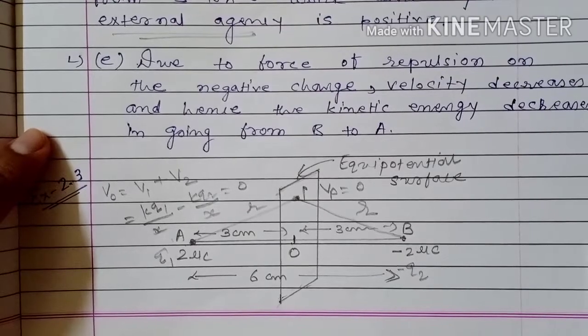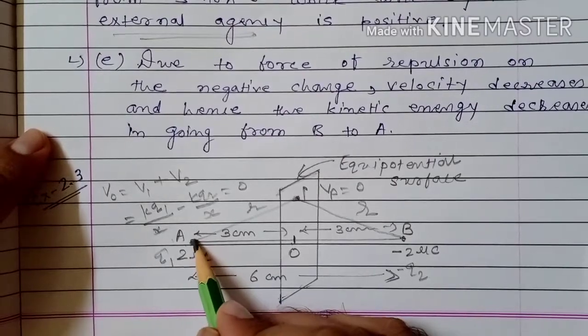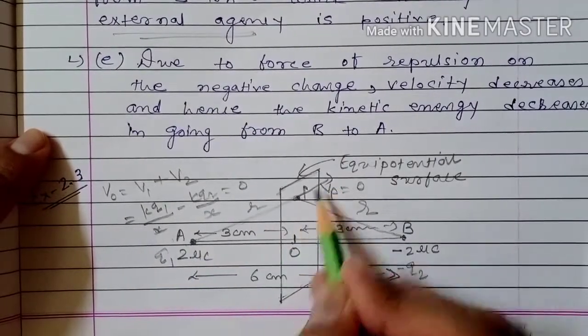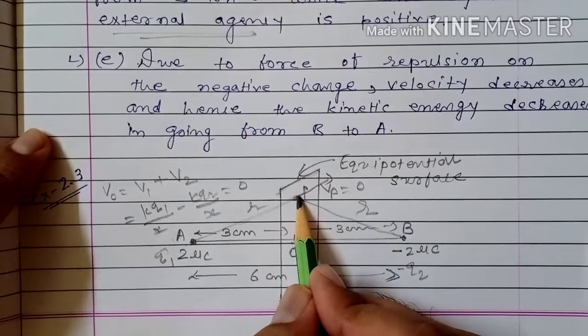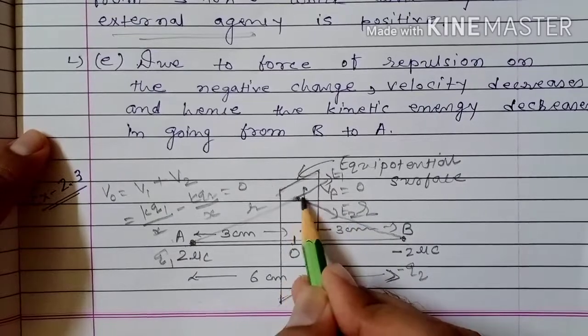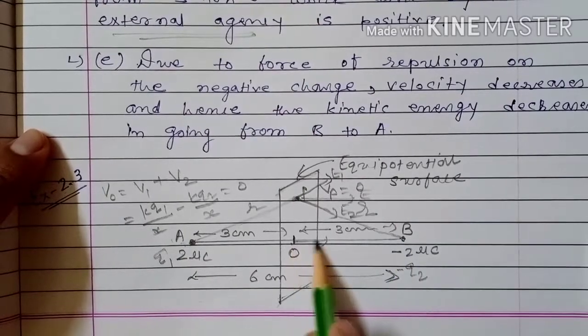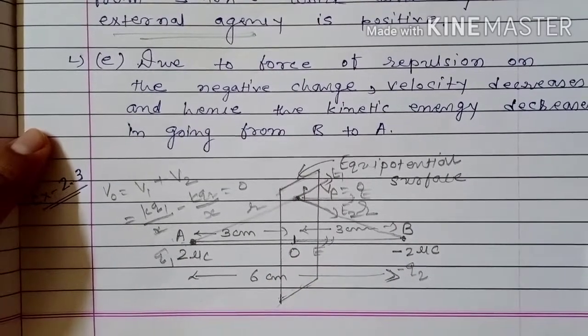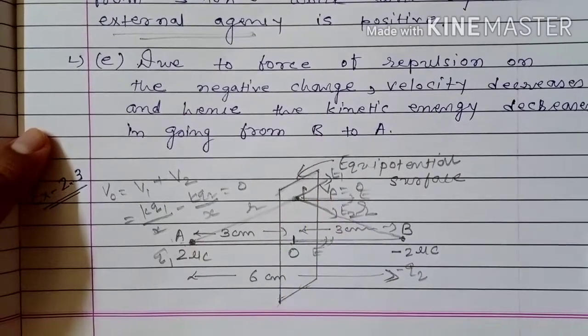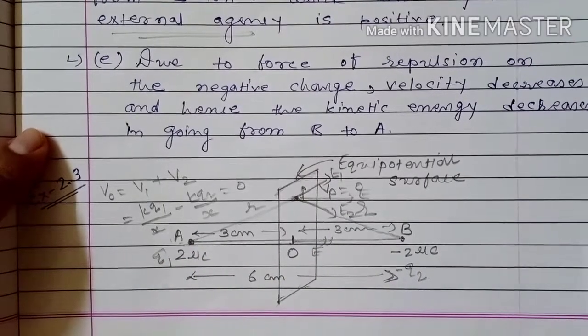Now we have to find direction of electric field. Here you can see direction of electric field due to positive charge is away from the charge, electric field due to negative charge is towards the charge. So this is E1, this is E2, then resultant electric field will be in this direction. Same way here electric field due to positive charge is in this direction, electric field due to negative charge is also in this direction, so resultant will be in this direction. So electric field is perpendicular to the equipotential surface and that is from A to B, from positive charge to negative charge.